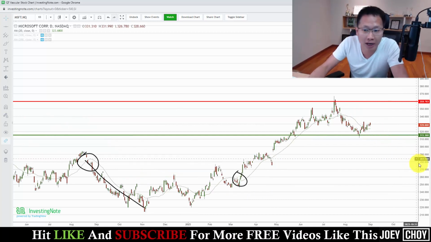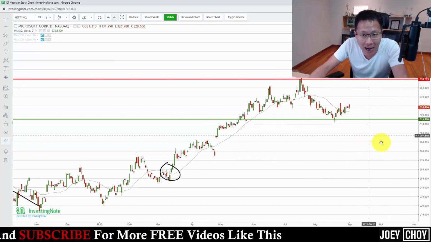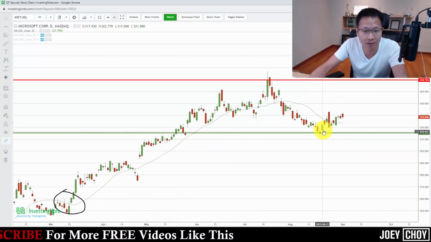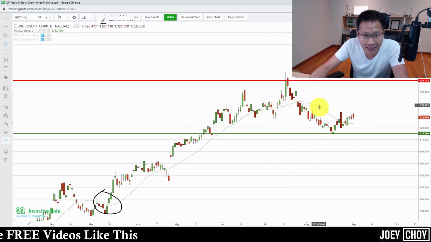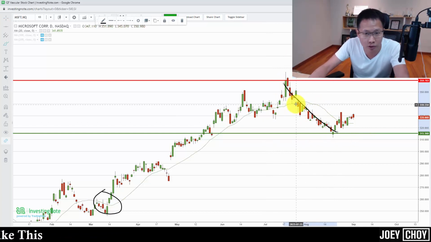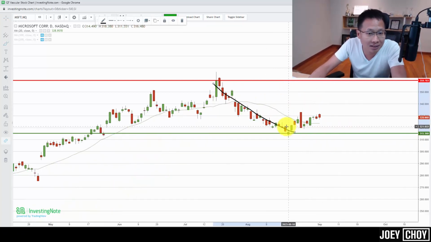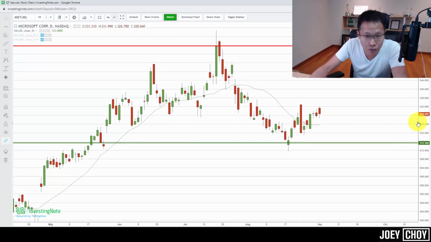So the question is, what do we do right now? Is the 20 days moving average still pointing down? Is it pointing up? We can see that right now, after getting this support level, this 20 days moving average was pointing down, so it was a bit of a downtrend, because we sold off, the line was pointing down, prices below it, so it went down. And the next thing is that you can see this 20 days moving average has started to